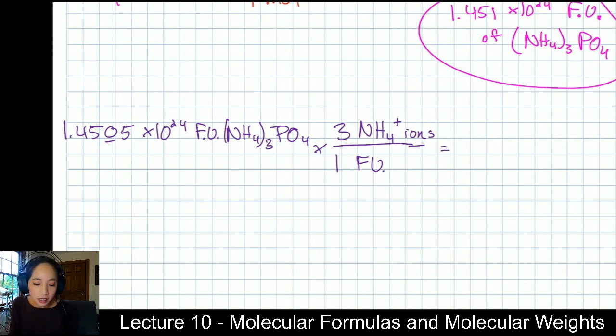It's like saying if I had 1.45 times 10 to the 24 cars, how many wheels are there? Well, for every one car, there's four wheels. So that's like saying you would put one car on the bottom, four wheels up top. Now, as the units cancel, you have a unit of wheels. So, all right, if you stick that into your calculator, you get